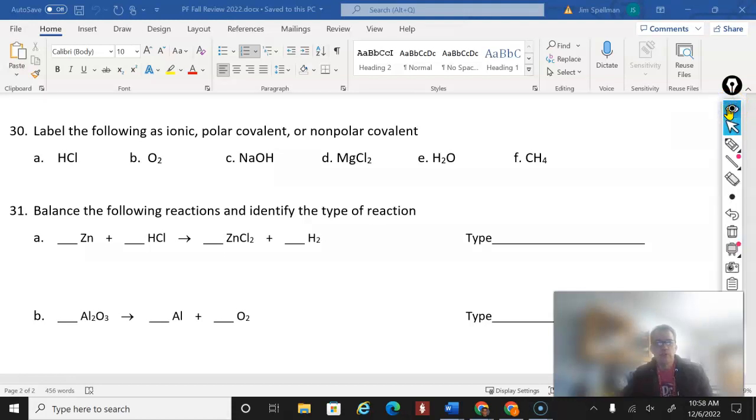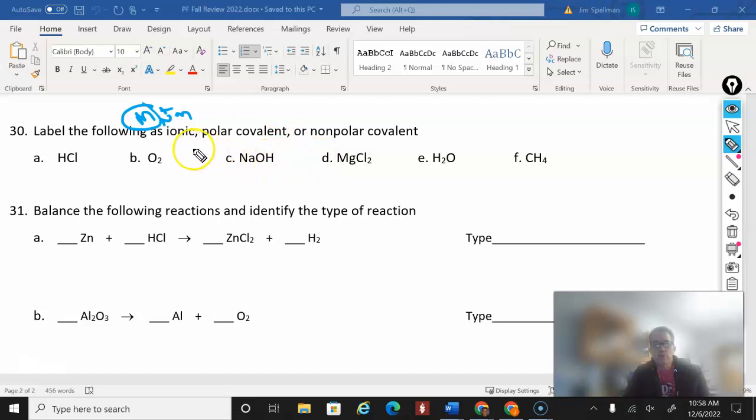All right, finishing up our review here on 30, asking us to label these as ionic, polar covalent, or non-polar covalent. To distinguish between the three of these, first of all, if it's ionic, we're going to have a metal and a non-metal. So the easiest way to figure out if it's ionic is to figure out, is there a metal present? If you go through and look at each of these, I want to figure out if it's ionic